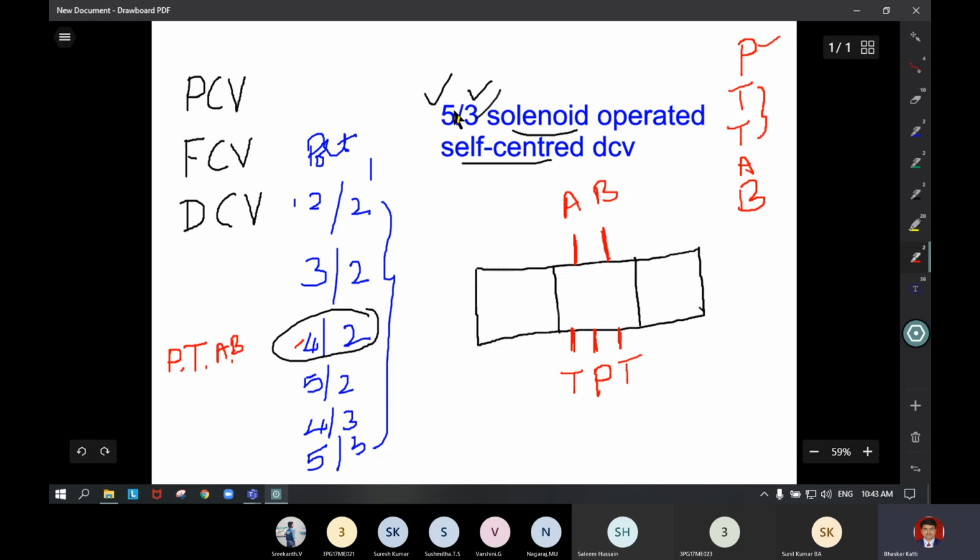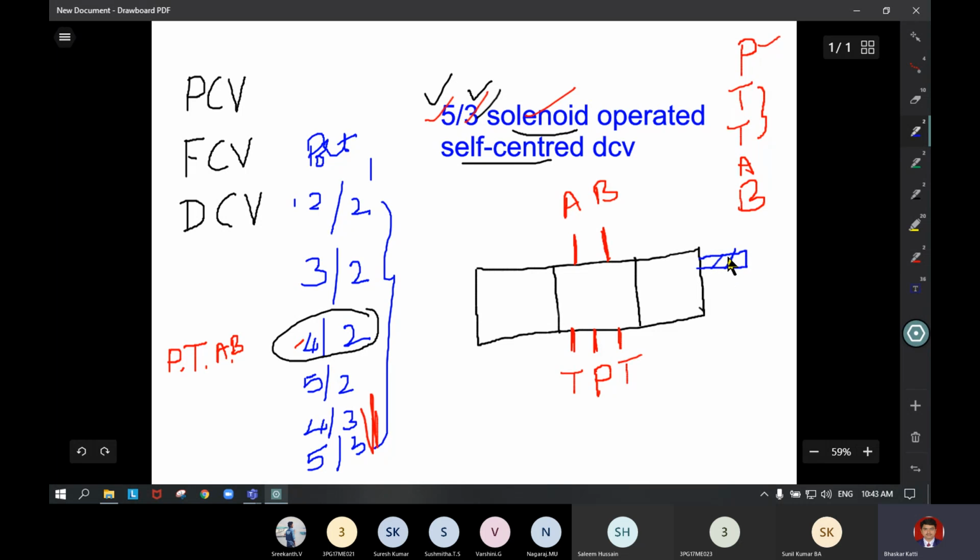So 5 ports are over, 3 positions are over. Then solenoid operated, self-centered. Self-centered means before any actuation it has to be at the center position only. So whenever we go for 3 positions, you have to write the port position in the center box only, always. Either side you have to write the solenoid operation method. So valve actuation method is solenoid. Both the sides you have to write the solenoid.